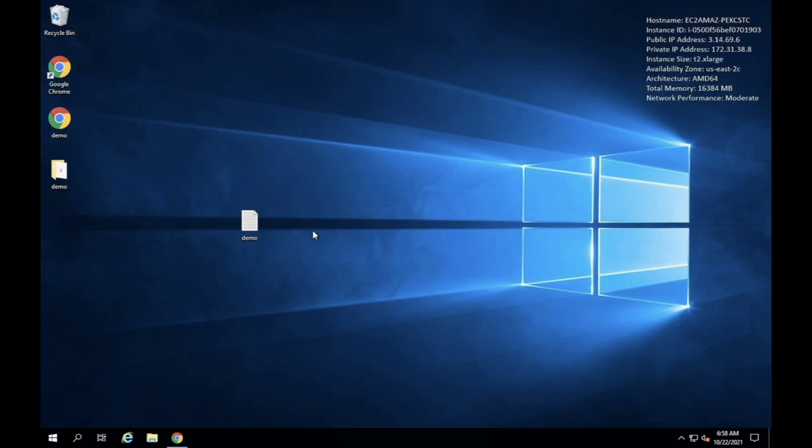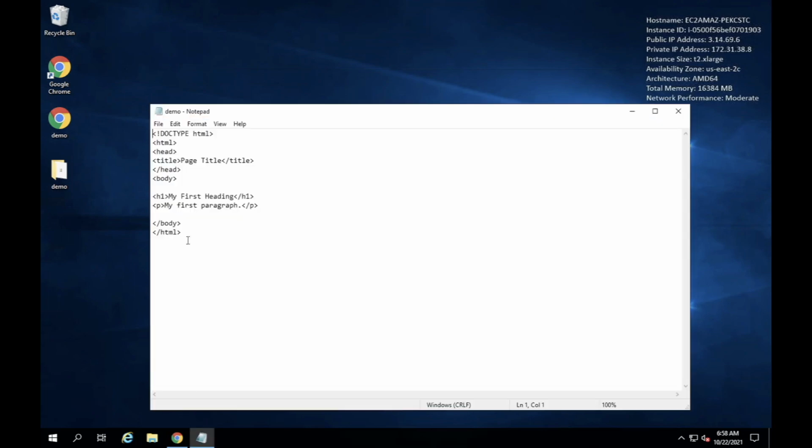Okay. For example purposes, you can see here I have a text file where I have written a sample HTML page and HTML code in the text file. So I can convert this text file to a normal HTML page. If you want to write a Python file, then you need to write Python code here.